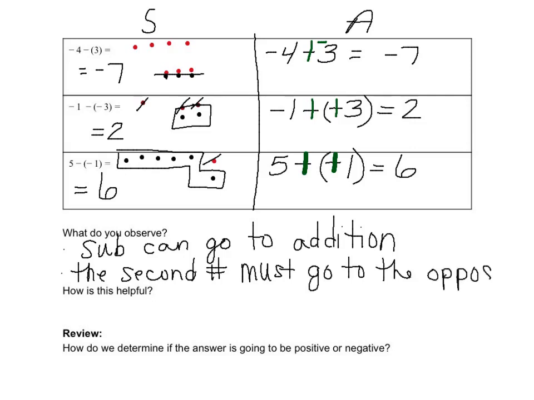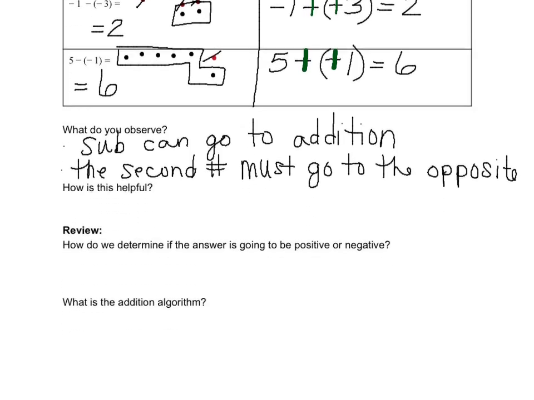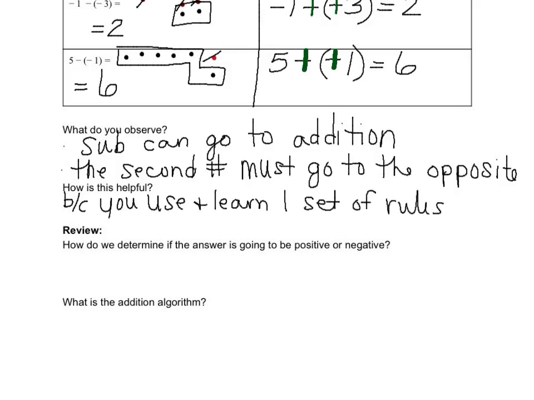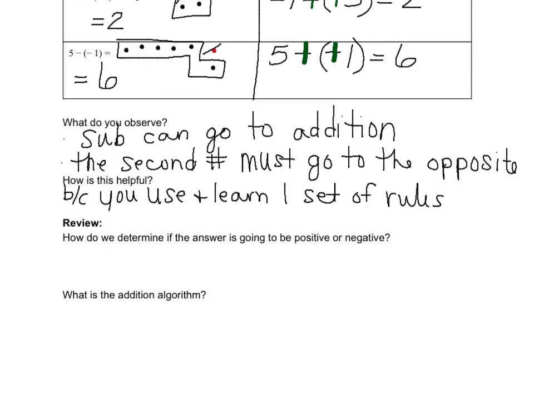If it doesn't, you're going to end up with 2 completely different questions. So how is this helpful? I think it's helpful because you only then have to learn one set of rules. So you use and learn one set of rules. And that means we can just follow the rules that we've already known for addition, which